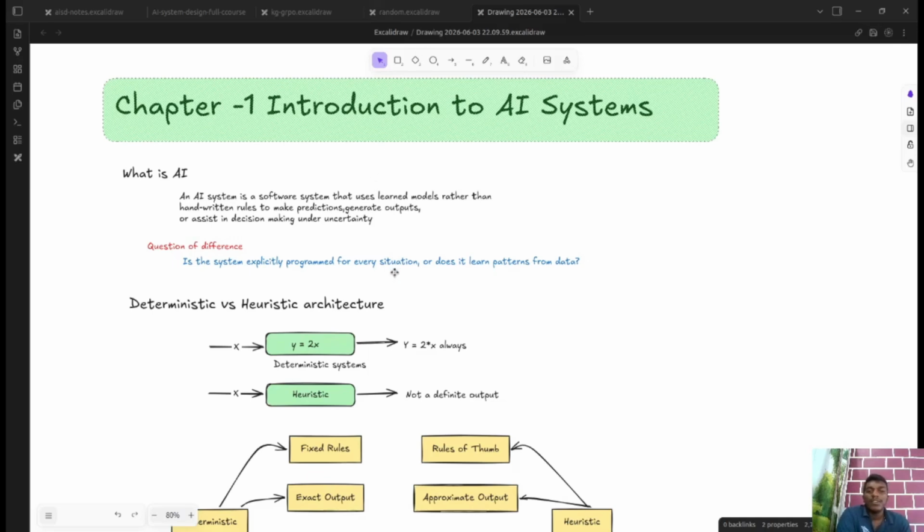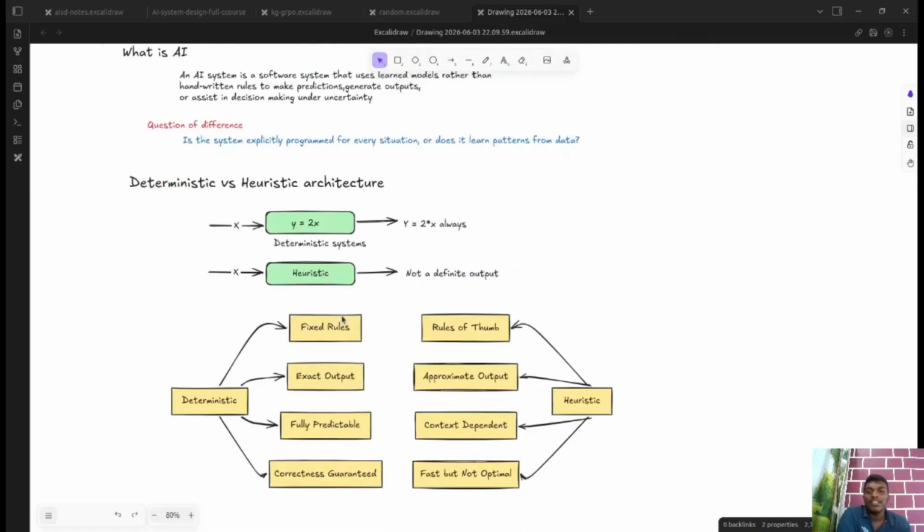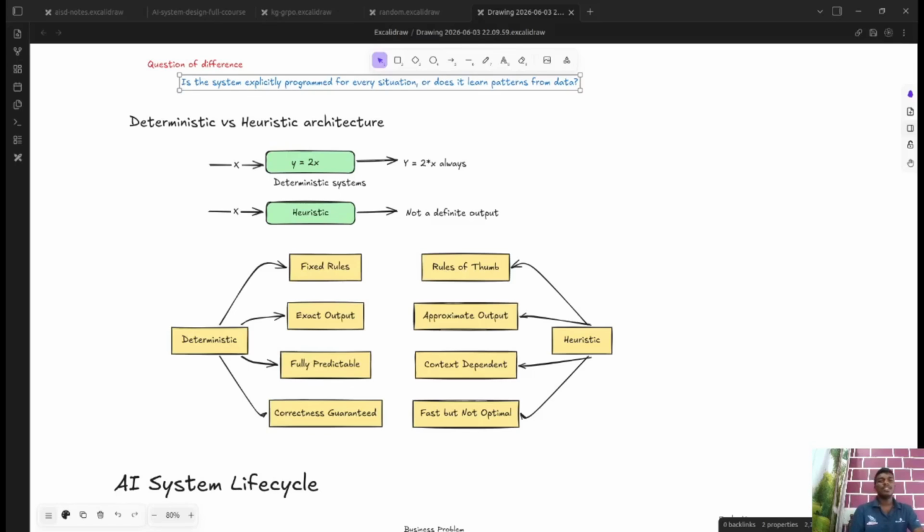So this is what we call an AI system. That's about what exactly is an AI system versus a non-AI system. Well, there is one more big difference which we see in any AI system versus non-AI system, and it's also kind of the base to this whole course, which is deterministic versus heuristic architecture.